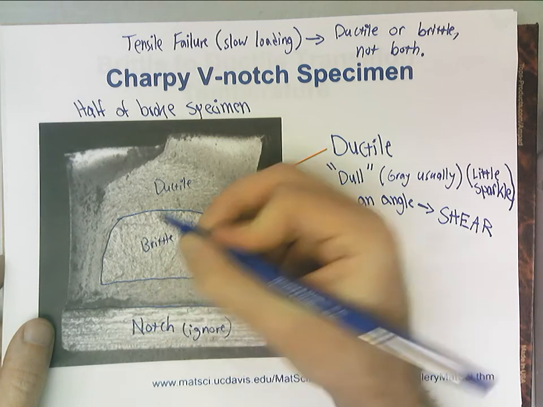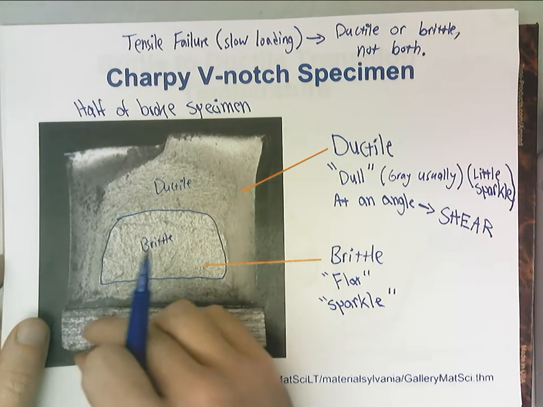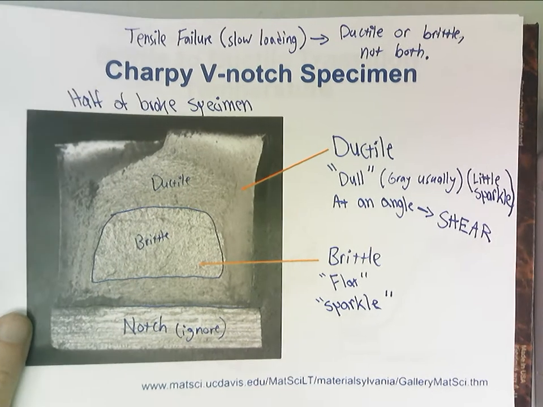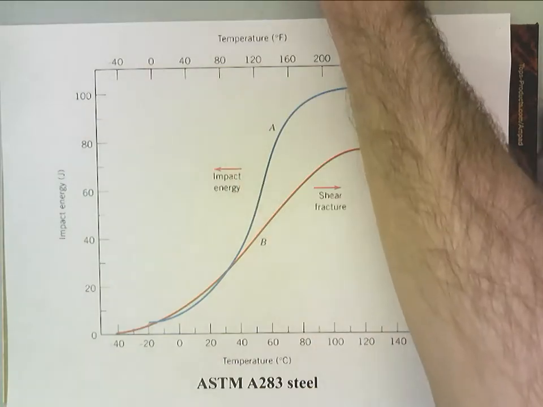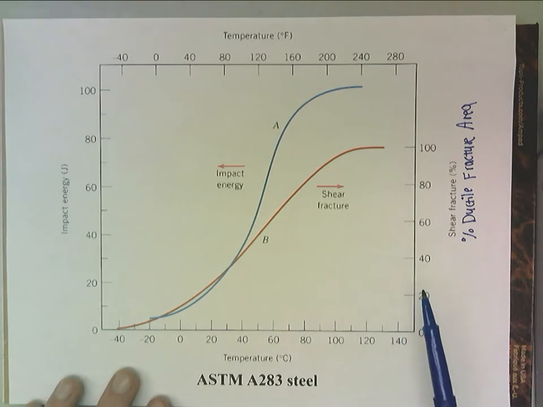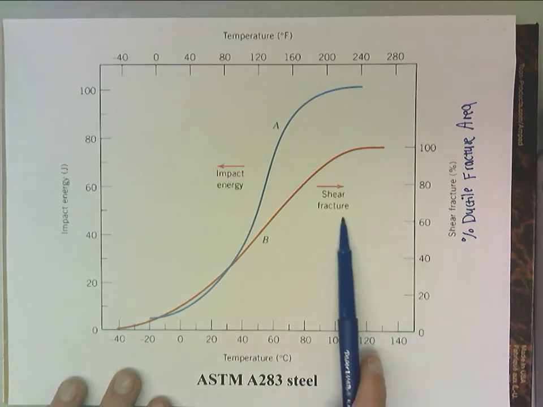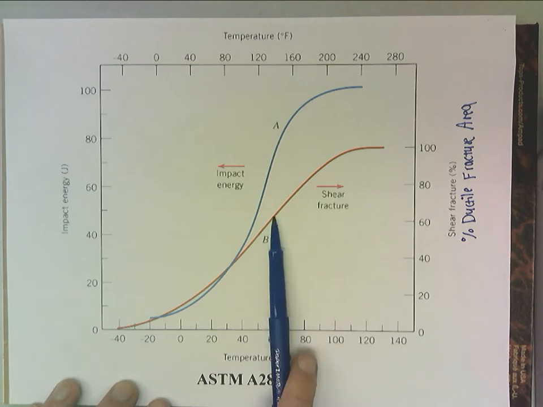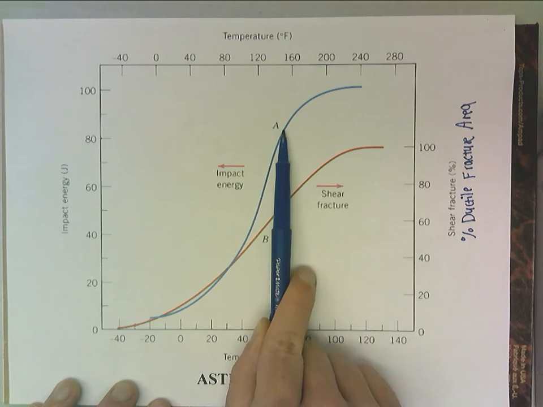Area inside, probably about 40%. Exclude the notch, right? So that would be 60% shear fracture because ductile failure will be shear. Well, so where would we be? We'd be right about here. And then, so at that given temperature, we would have 60% shear fracture, and then our impact energy would be